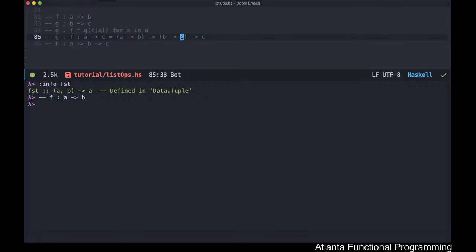The result of the first function is going to be passed into the second function,